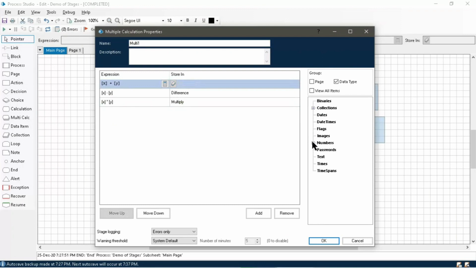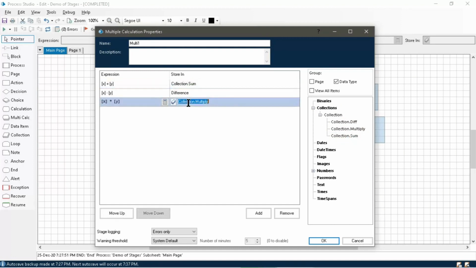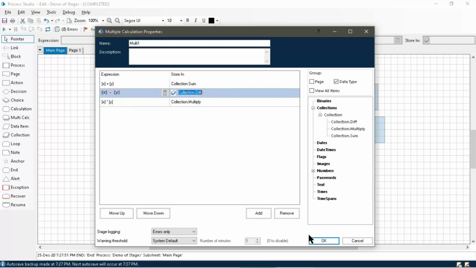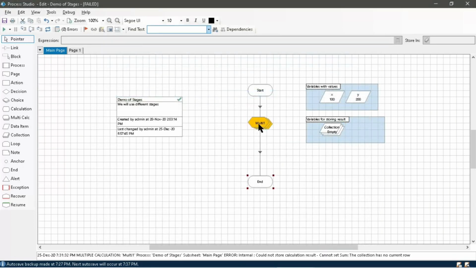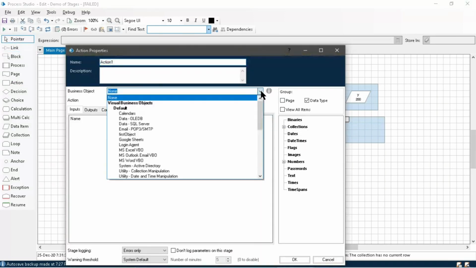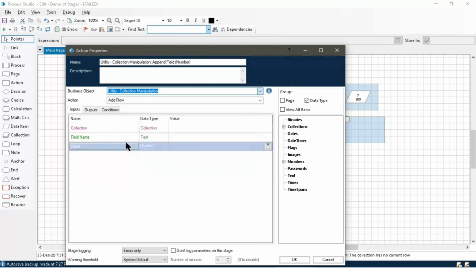Now for storing the results, we are using the collection fields. Collection.sum is for storing the result of x plus y, and collection.difference is for storing the result of subtraction. Now for the collection, we have to add a row. For storing the result, we need a row, like in an array where we give the length of the array for storing the values in it.